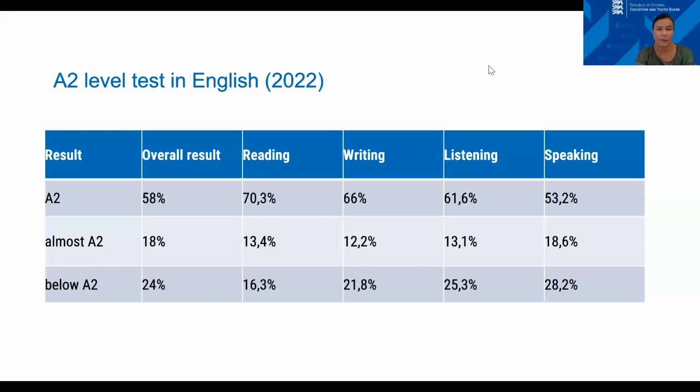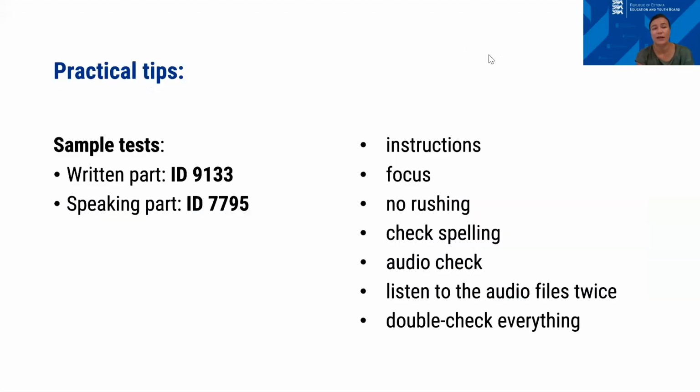But we have sample tests for both parts, for the written part and for the speaking part. So here you can see the IDs. For the written part, 9133, and for the speaking, 7795. So tip number 1 for you would be to